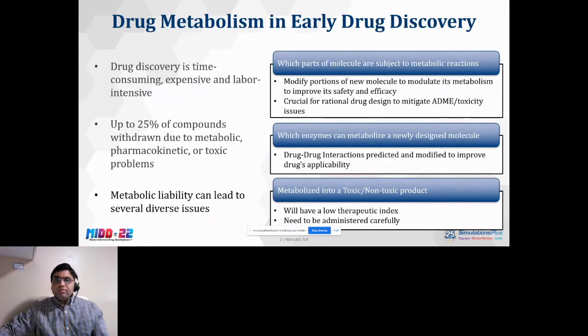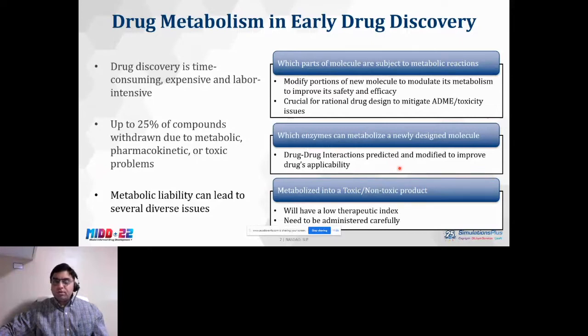So if we can predict what parts of the molecule undergo metabolic reactions, we can find out which portions or sections of the molecule can be modulated or modified to improve safety and efficacy or to modify its metabolism. Furthermore, if we know which enzymes or which CYP isoforms are responsible for metabolizing the newly designed molecules, we can predict those drug-drug interactions ahead of time,